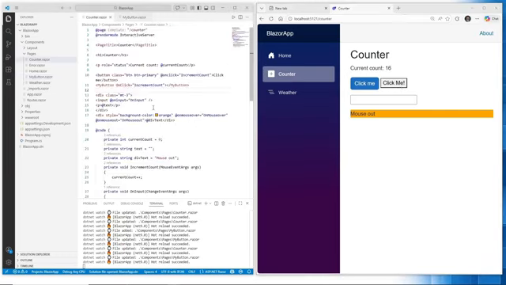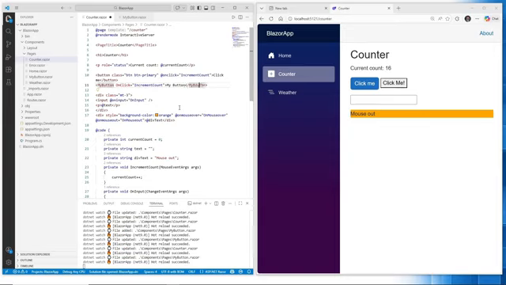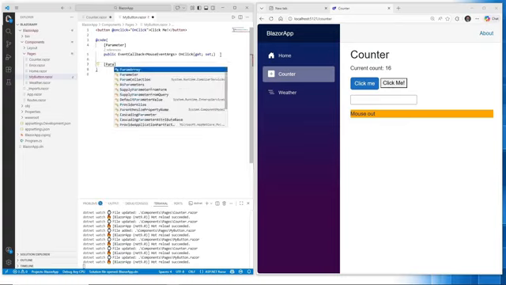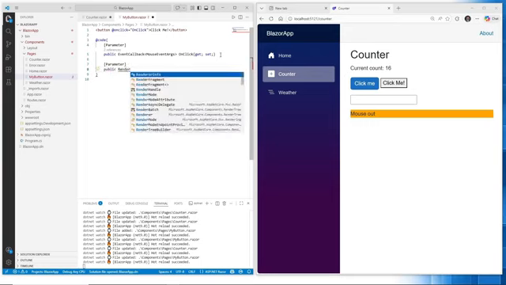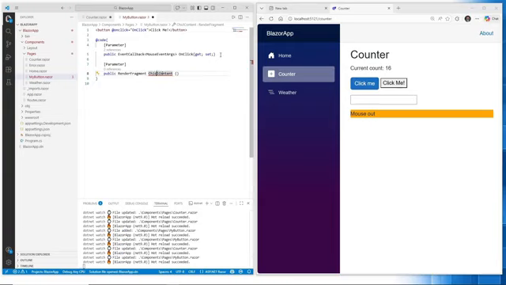From the counter component, we want to pass it to MyButton. In MyButton declare one more parameter, public RenderFragment, type ChildContent, get set,